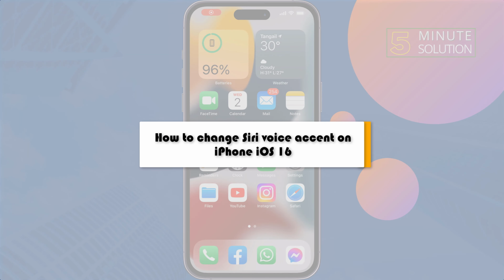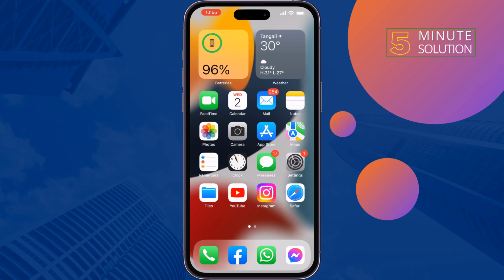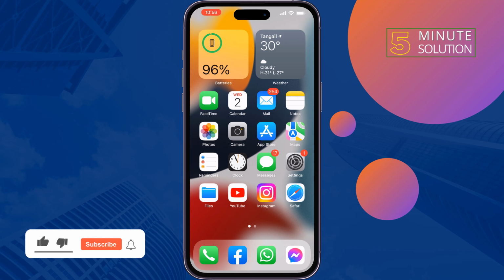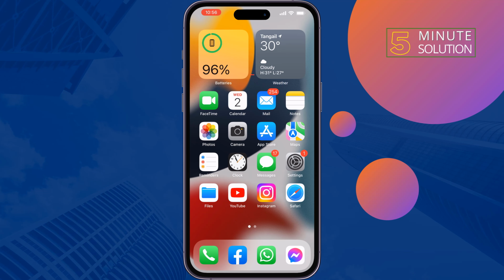This 5-minute solution will show you how to change Siri voice accent on iPhone. So if you're trying to change your Siri voice or Siri voice accent, just follow these simple steps to do it. Open your settings,